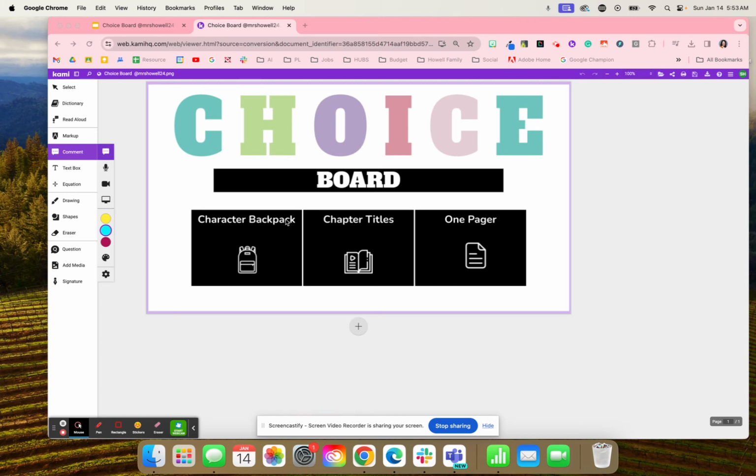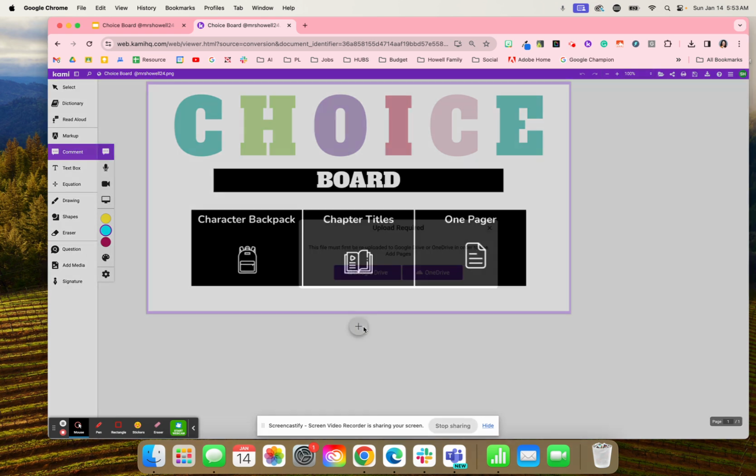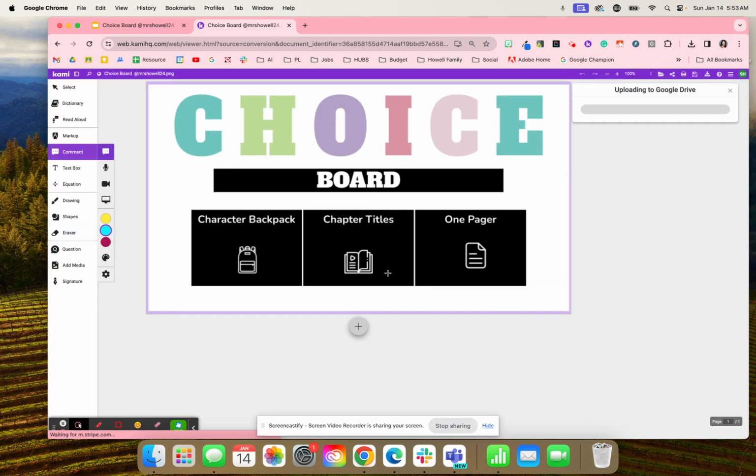Here's an activity to extend your students' knowledge with this choice board. Students can choose between one of these three activities: a character book bag, chapter titles, or a one-pager. Students will create a new page in Kami, and once the students create their new page, they can decide what